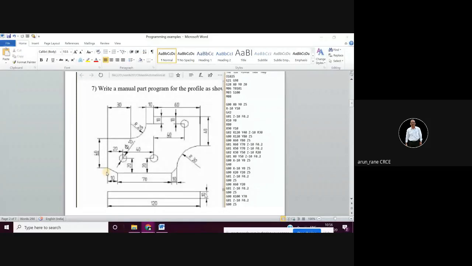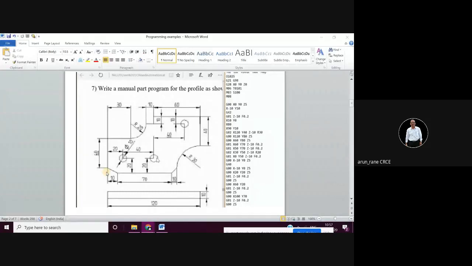It is good practice that you give some extra, because the drill has a point. So considering the point as 3 mm, you can calculate using trigonometry. Instead of Z minus 10, you say Z minus 30. So G81, X20, Y20, Z minus 30. So the drilling will happen here, and at the end of this drilling, the drill will come to a position of Z5.